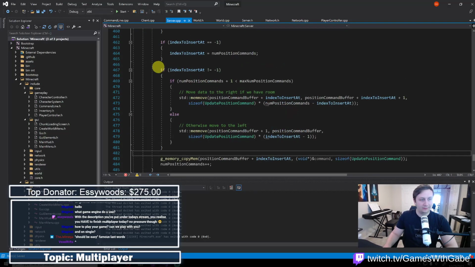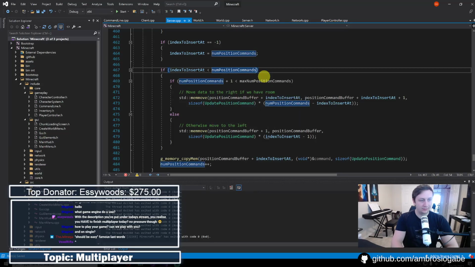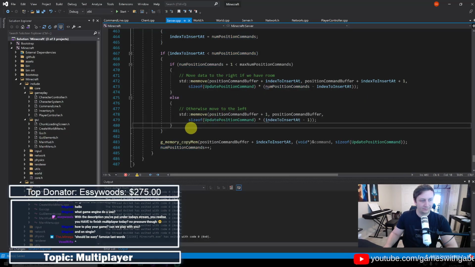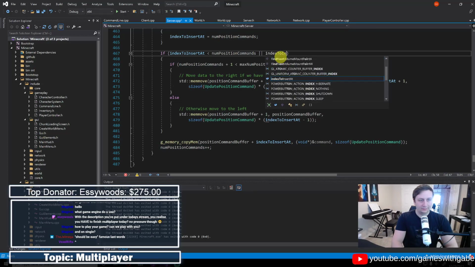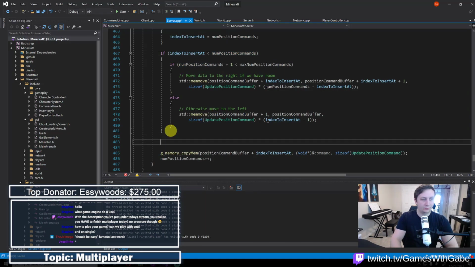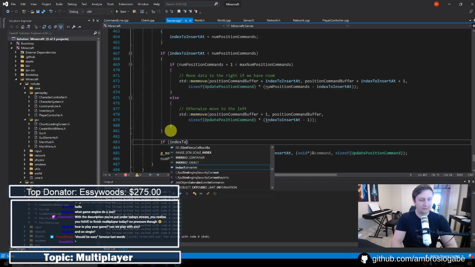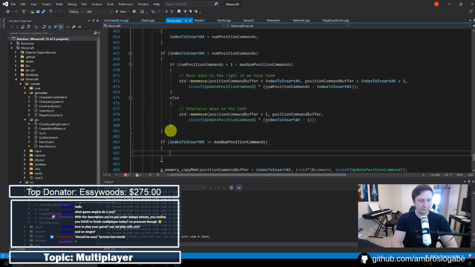And then we'll say if index to insert at is less than number of position commands, then we do this. We move the stuff, but we also want to check if index to insert at is greater than or equal to max number of commands. Right? So if we're greater than or equal to the max number of position commands,